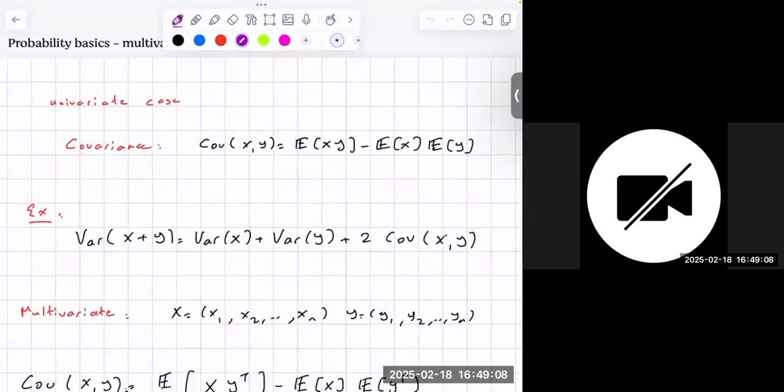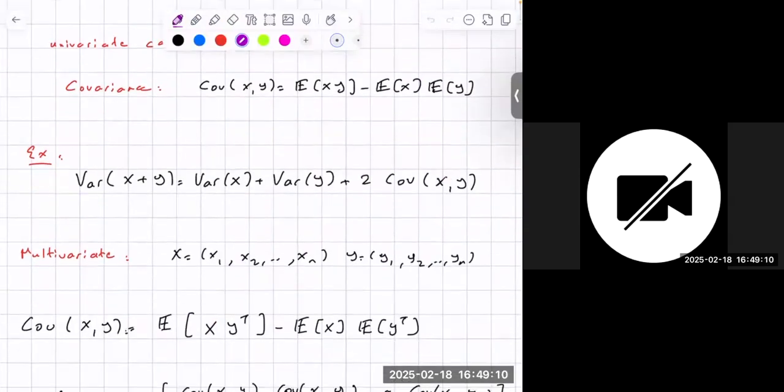Now let's go on to do multivariate stuff today. And this should be more or less the last probability lecture we will do. Next lecture, we will do what's called decision theory, basically the basics of decision making. And then we will move on to neural nets next week. Okay, so